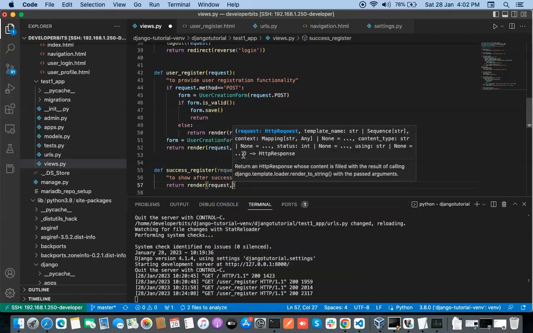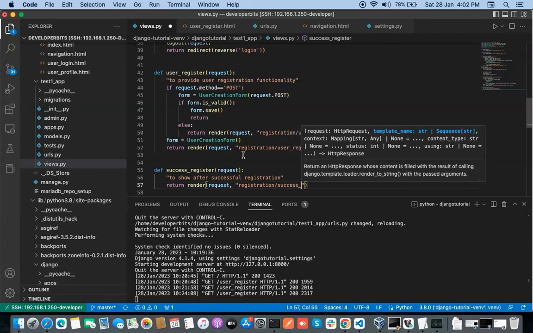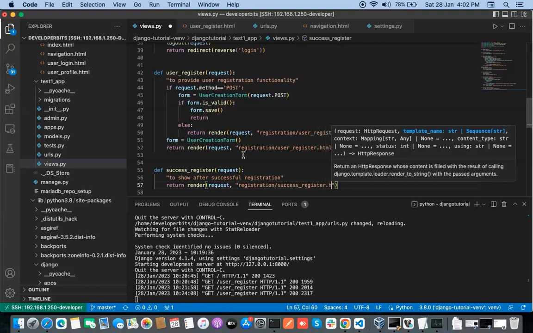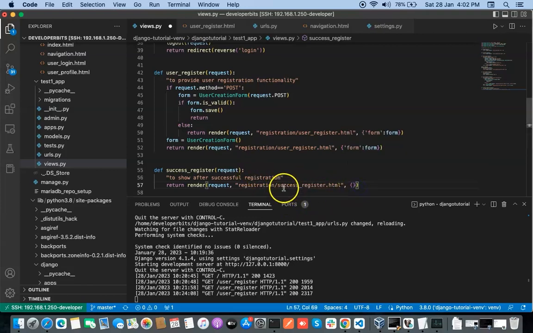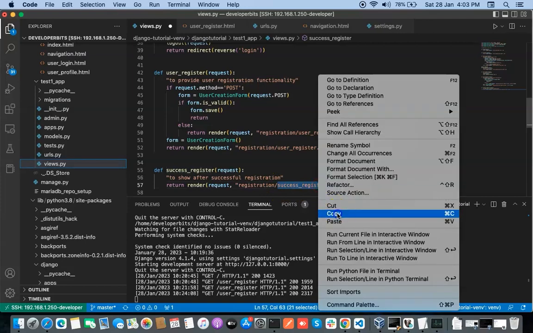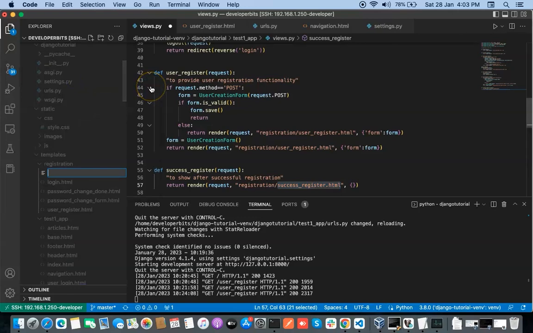Let me quickly type this one, and in the destination folder we shall create a new HTML, success_register.html. I am passing a blank context here. Let us go to our registration folder and create a new file here,